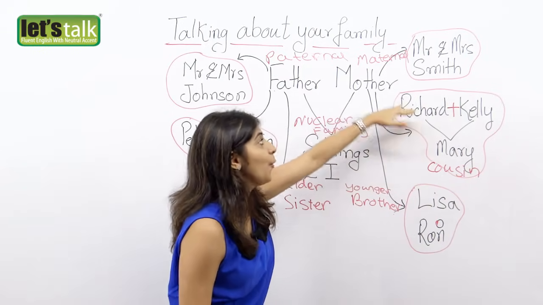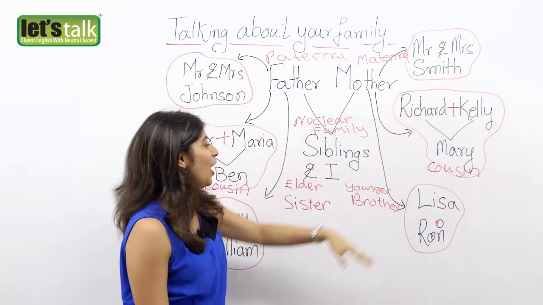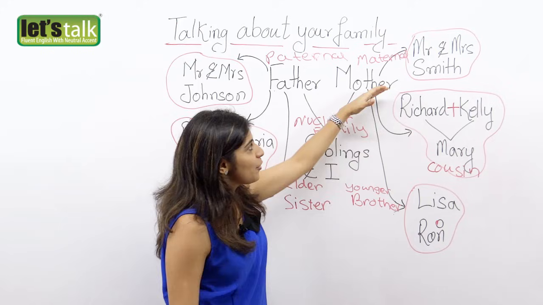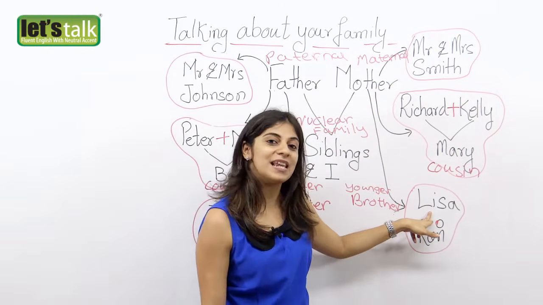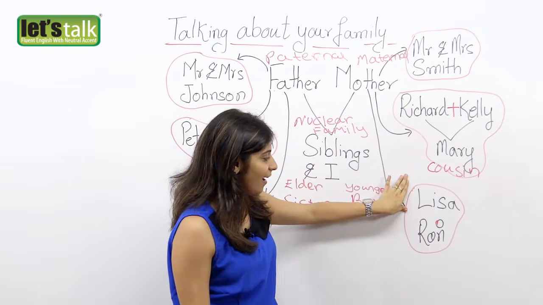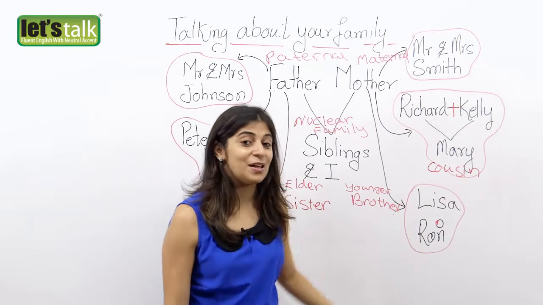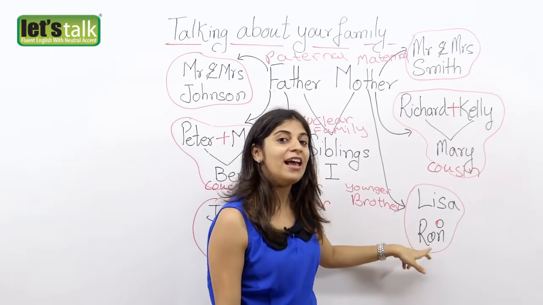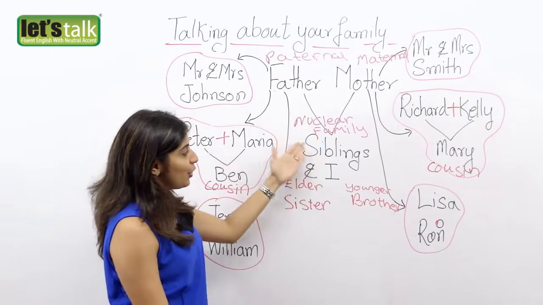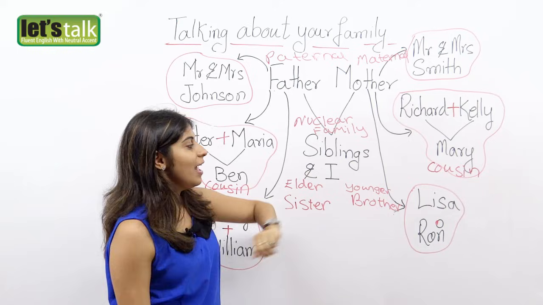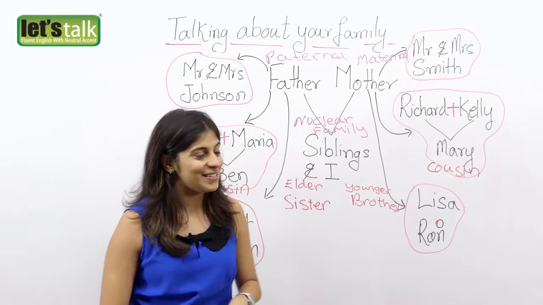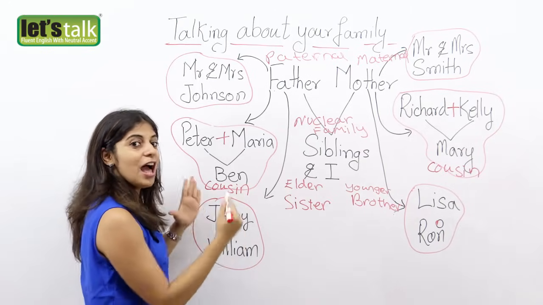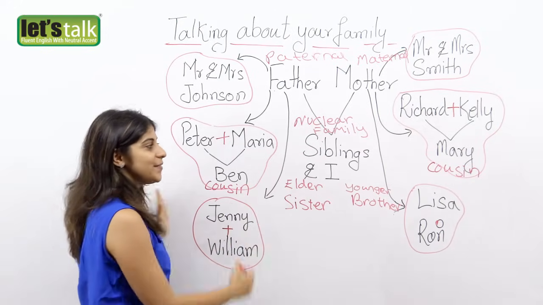And Richard, who is your mother's brother, would be your maternal uncle, and Kelly would be your aunt. Now your mother also has a sister whose name is Lisa. Now, Lisa is engaged to Ron. So, they are not married yet, but Lisa is engaged to Ron, so Ron is her fiancé. So, for you, Lisa would be your maternal aunt. So, this is your extended family, and here we learned about your paternal side of relatives as well as